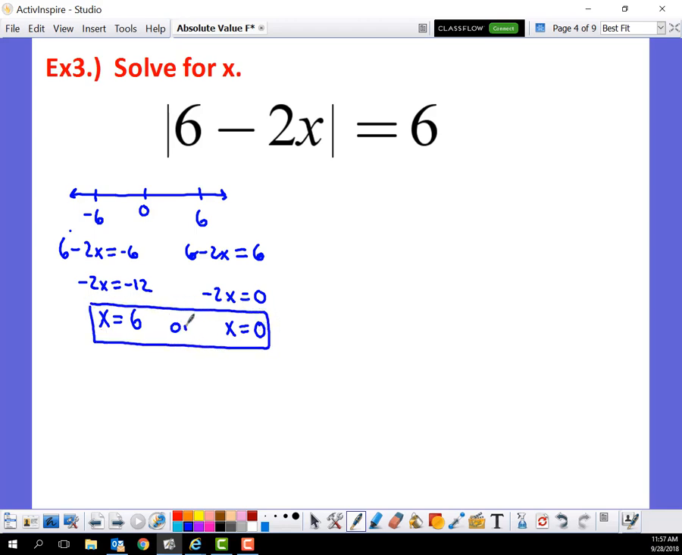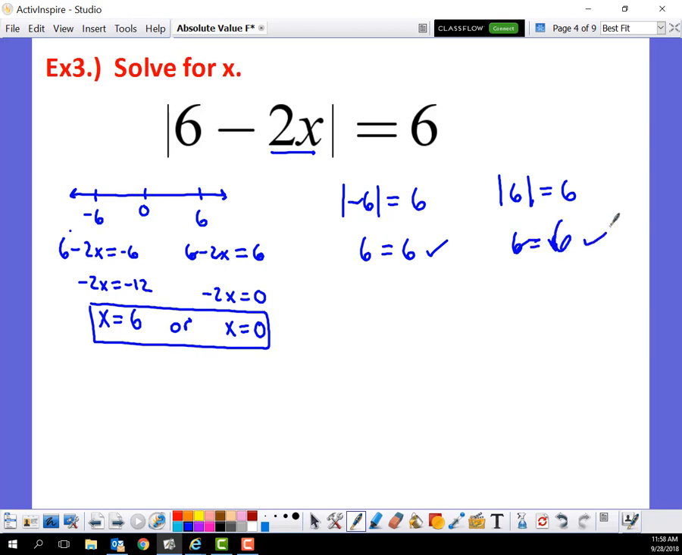So again, you can plug those back into the original equation and double check. So if I test 6 and I plug 6 in for x, that'd be 12 minus 6... which would give me negative 6. So the absolute value of negative 6 is 6 steps away from 0. So 6 equals 6. That works. And if I plug in a 0 for x, I get the absolute value of 6 equals 6. So again, absolute value of 6 is asking you, how many steps away from 0 are you? So 6 equals